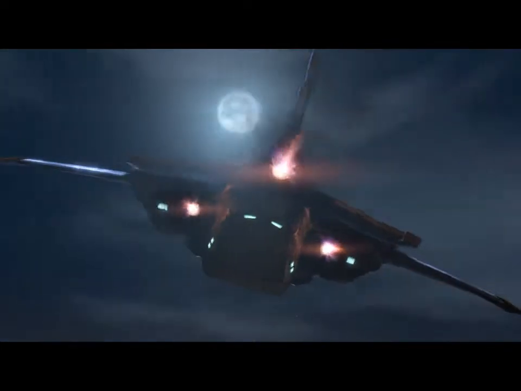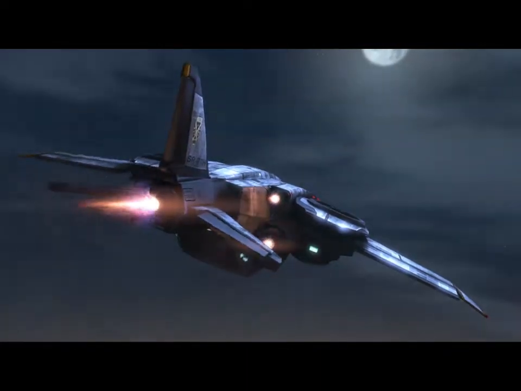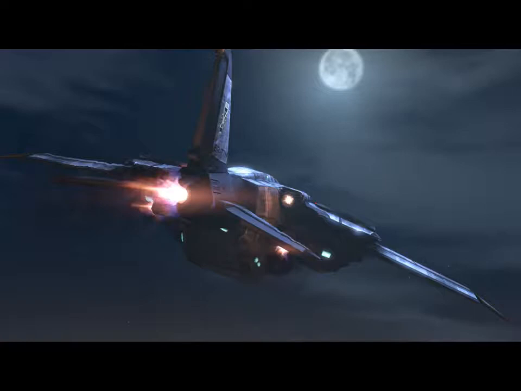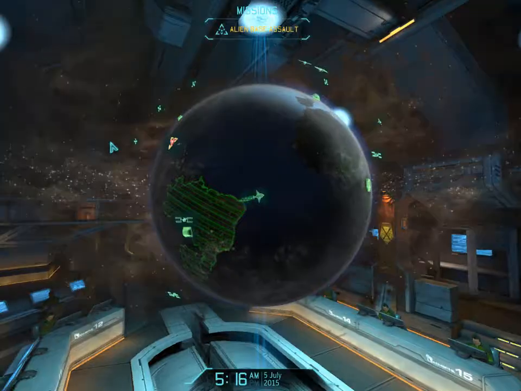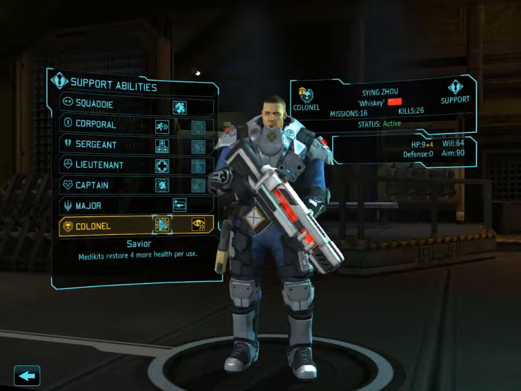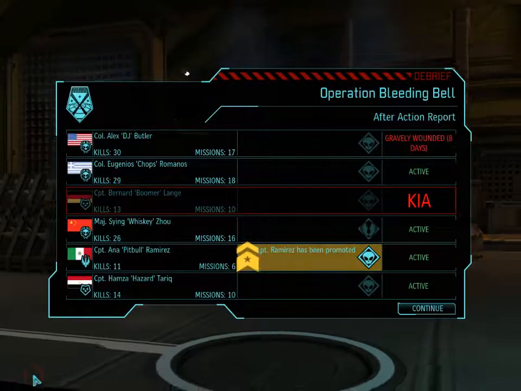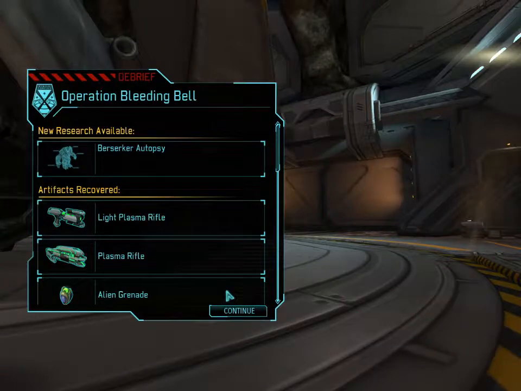And pretty much what we'll have to do is recruit into another assault. But we should be able to get any of our upgrades that we need at this point, since they all are, because I think we have rolls. Okay, so it wasn't my actual corporal that died, but still one of the majors. So the medkits restore 4 more health per use, or allow 2 reaction shots during Overwatch instead of 1. Since I use these as my healer, I will do that. So now I have another major. I lost one, so